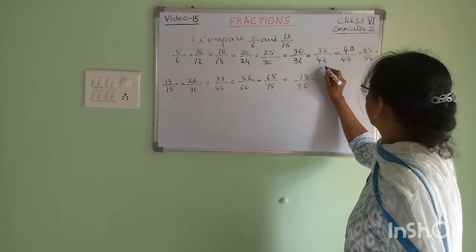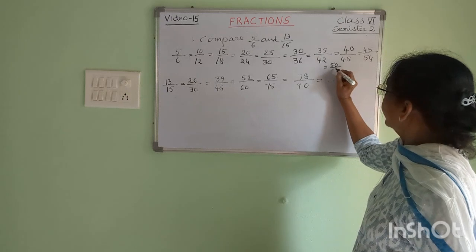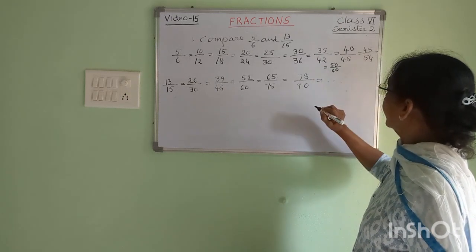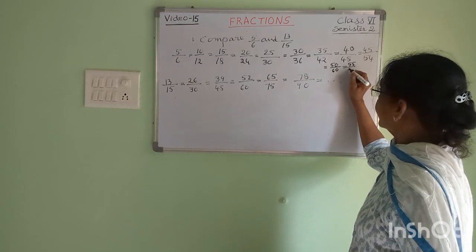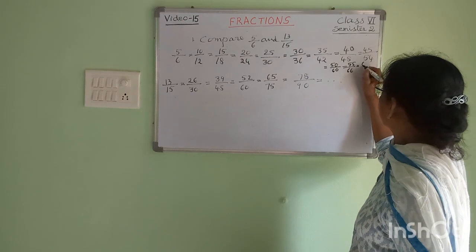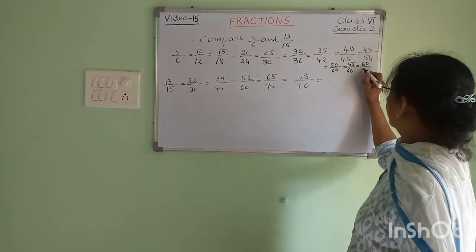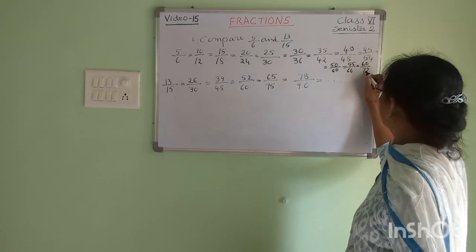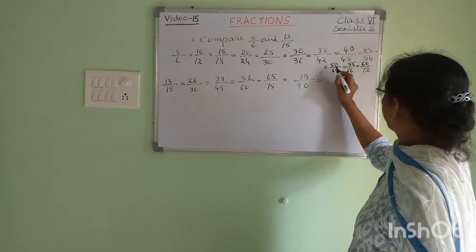Multiplying by 10, 50 by 60. Multiplying by 11, 55 by 66. Multiplying by 12, 12 5s are 60 by 12 6s, 72. Still writing, multiplying by